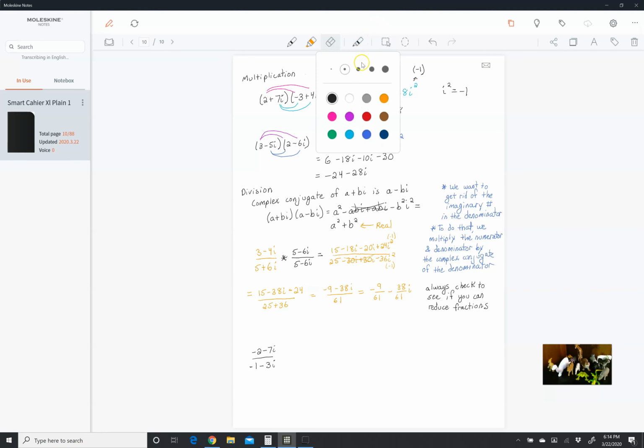So here, again, we're going to multiply by the complex conjugate of the denominator. So the denominator is negative 1 minus 3i. The only sign that gets changed is the one in the middle. So this is going to become negative 1 plus 3i on top and bottom. And what that gives us,